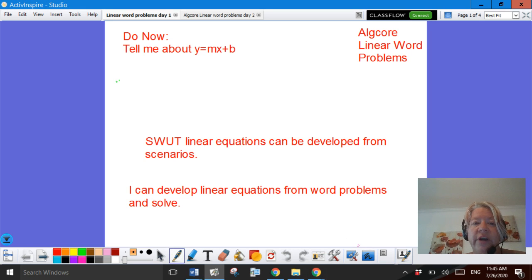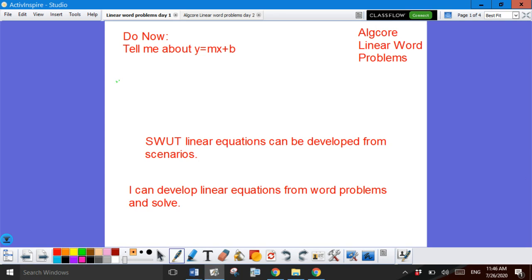Okay, so today we're going to be working on linear word problems, and we're going to be looking at slope-intercept form word problems because we've already kind of talked about standard form word problems, but today we're going to talk specifically about y equals word problems. So I want you to think about, first of all, what you remember about the M and the B,